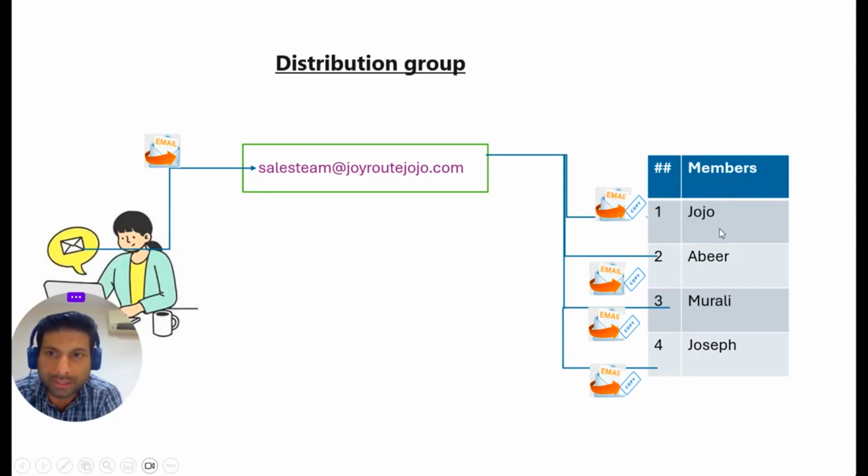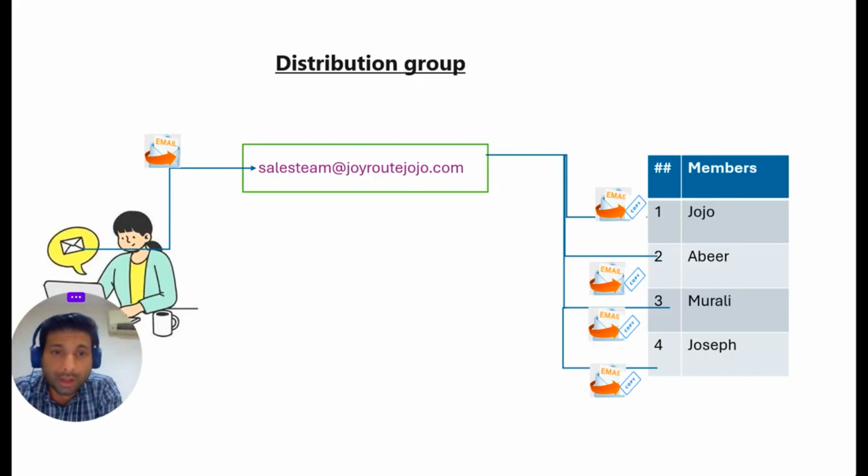So what you have to understand, there is no shared inbox where members can collectively view, manage or respond to emails. It acts just like a distribution list. When a user sends an email to this particular distribution group, which is sales team at joyroute-jojo.com, all the members of this distribution group get a copy of that mail in their mailbox. They do not have a common shared mailbox, a shared inbox, where members can collectively view and manage or